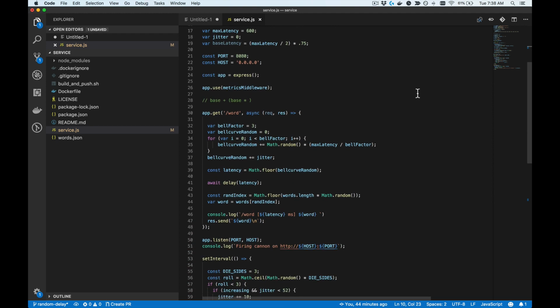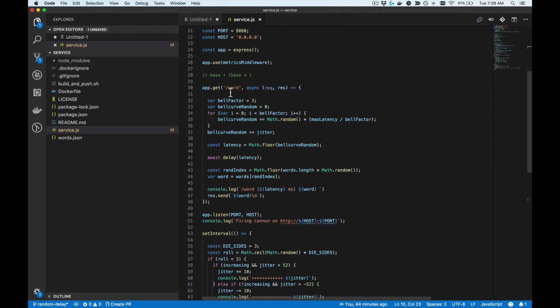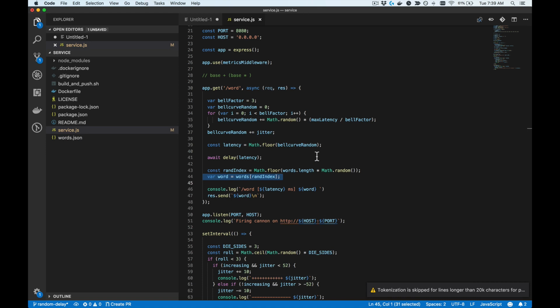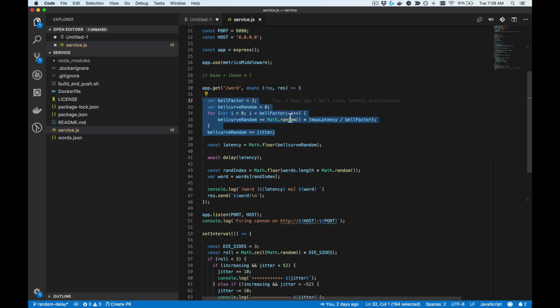So we won't get too much into the code here. Basically what's going on is every time we call the word API, we are returning a random word from a dictionary object that I have here in JSON format. You can see I've just got every word in the unabridged dictionary. And I have also added some additional logic here, which is going to introduce some artificial random latency into these responses, just because this is such a simple app that if I didn't do this, everything would just